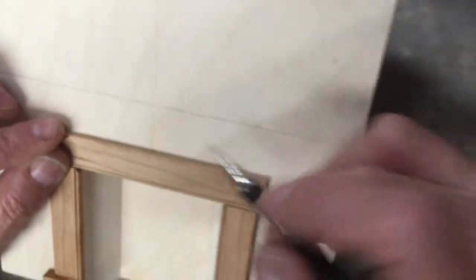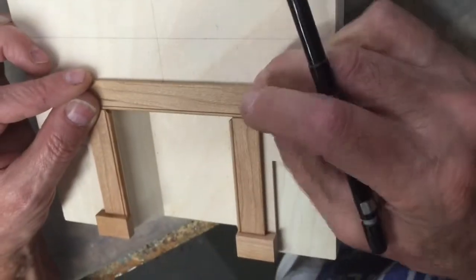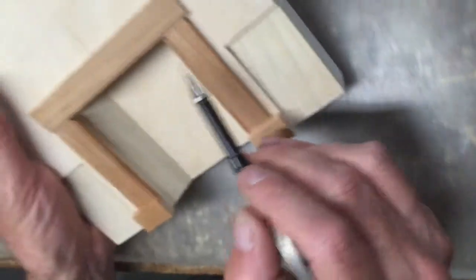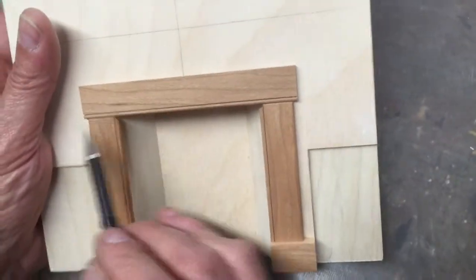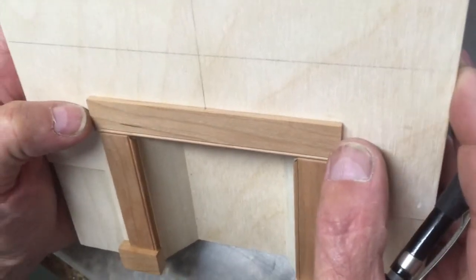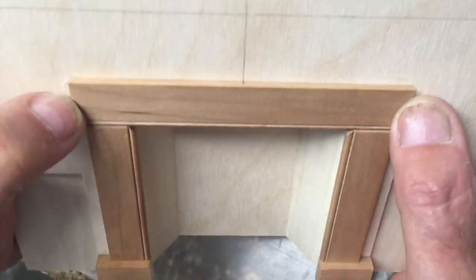Eventually this piece is going to get glued down, and that line is going to line up with the center line mark. So right now we're going to try for an equal overlap on either side of these marble verticals. So we're going to put that piece on the center line, hold it in place,